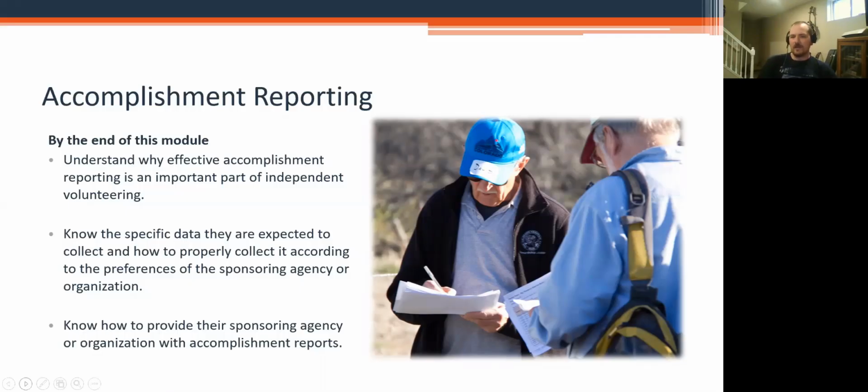So we need to make sure that people understand why effective accomplishment reporting is important, know the specific data they're expected to collect and how to properly collect it according to the preferences of the sponsor, and know how to provide their sponsor with their accomplishment reports. So it's pretty straightforward.